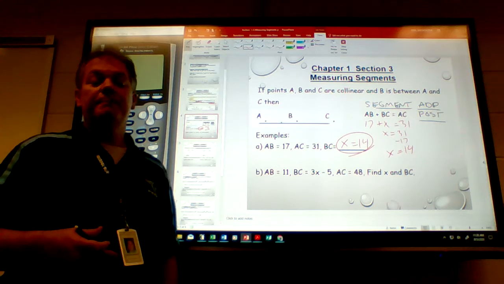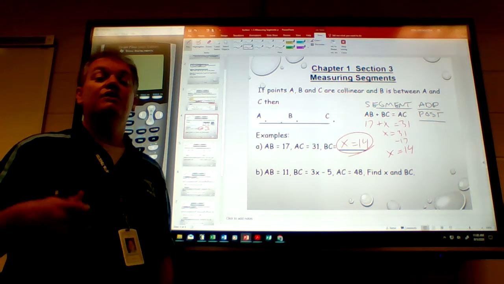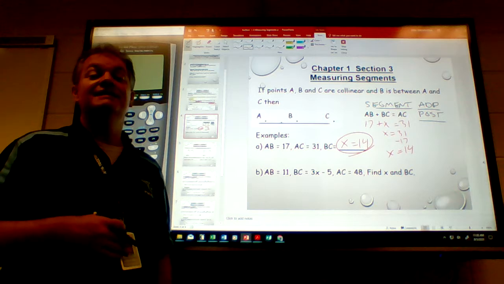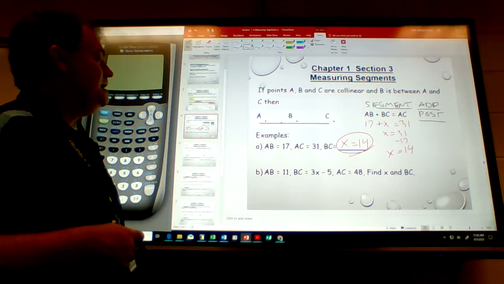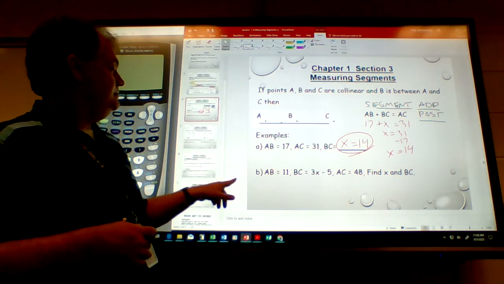So there, all you do is plug in the information and then solve for the missing component. In this case, it is segment BC. All right. Now, if I do this again,